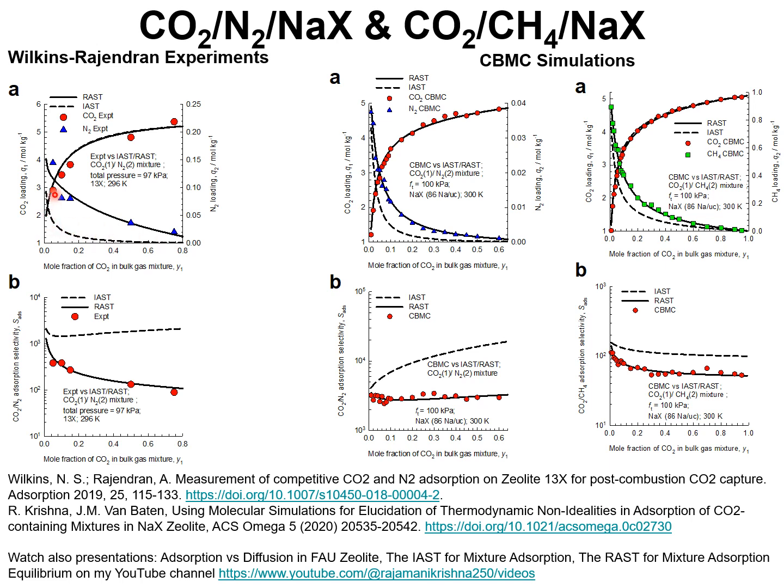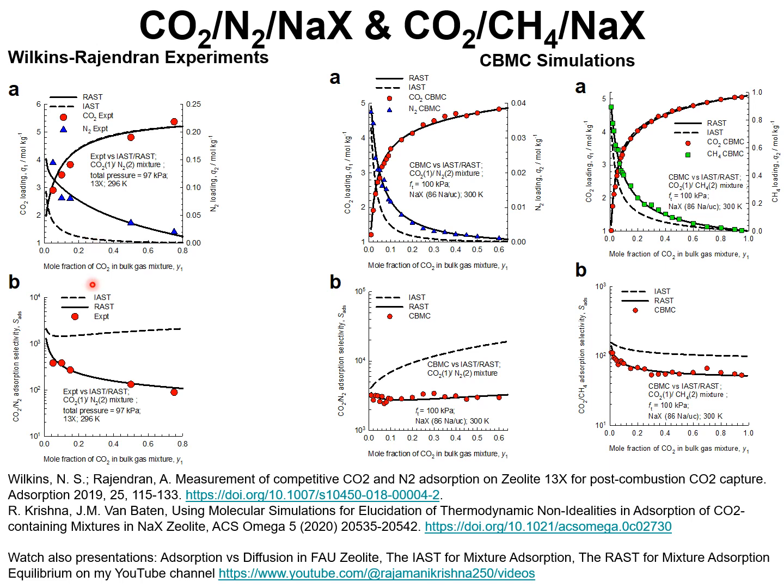For CO2, the dashed lines are in good agreement with experimental data. However, for nitrogen, the component loadings as measured experimentally are significantly higher than those predicted on the basis of the